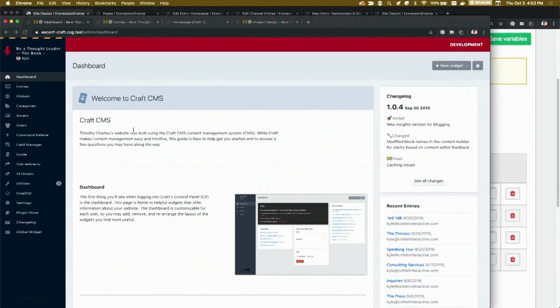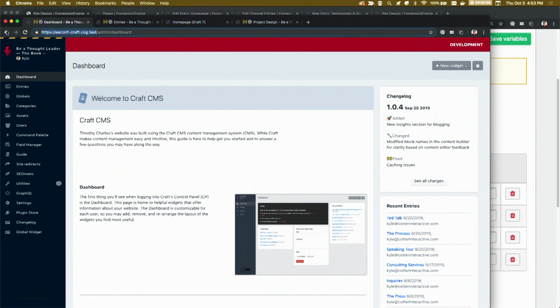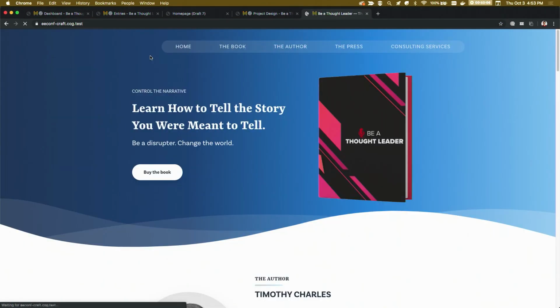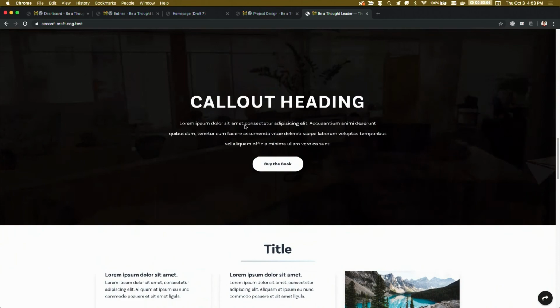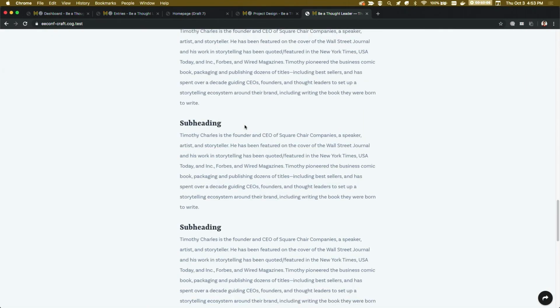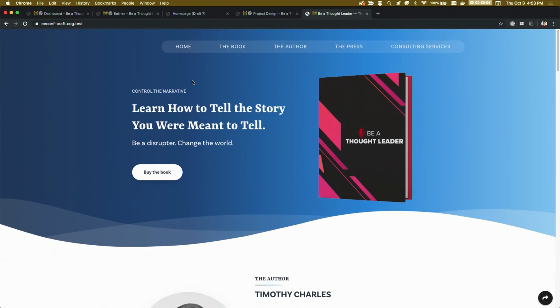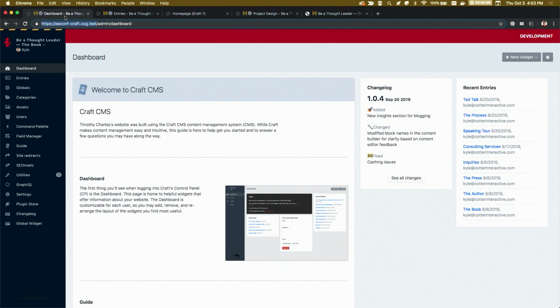And I should have done this first. Let me give you some context as to what we'll be looking at. So this is a simple little marketing type site I threw together for this talk. Very basic, 2-column, single column, some pictures, call to actions, cards, things like that. So no matter which CMS, you can come up with something like this. It's a mixture of structured content and flexible page builder content.